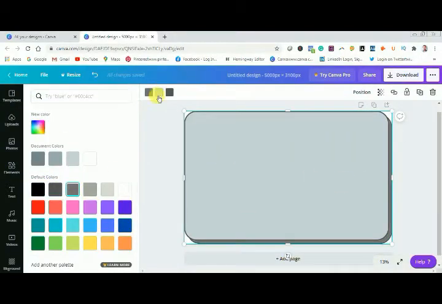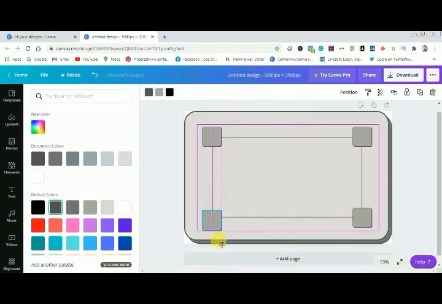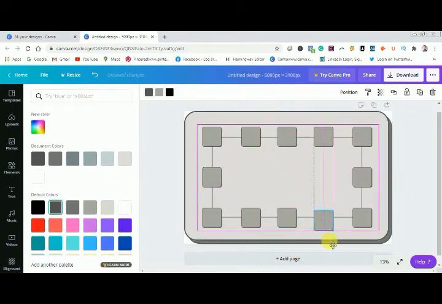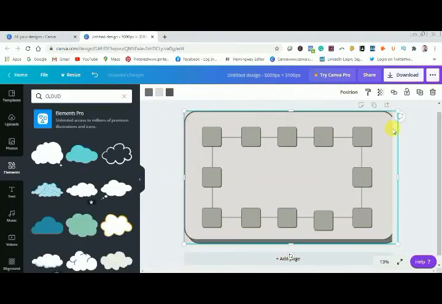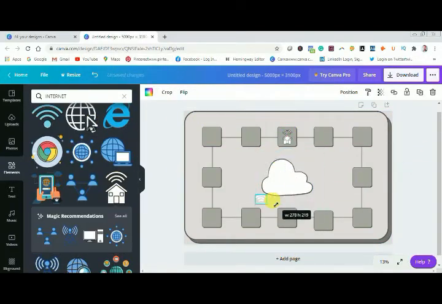Move on to Canva, open a new page and a new interface, maybe a thumbnail for YouTube or a banner for your blog. Select a big shaded square with rounded corners and add small shaded squares within the interface. Select a cloud, change its color and start adding the desired pixels for your design here on Canva.